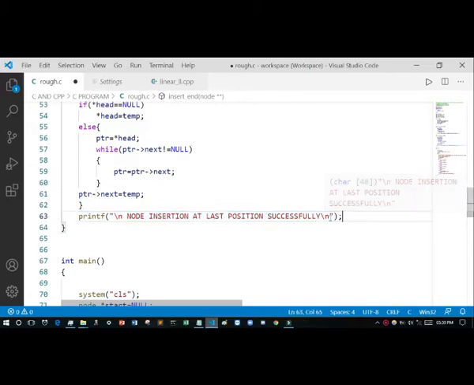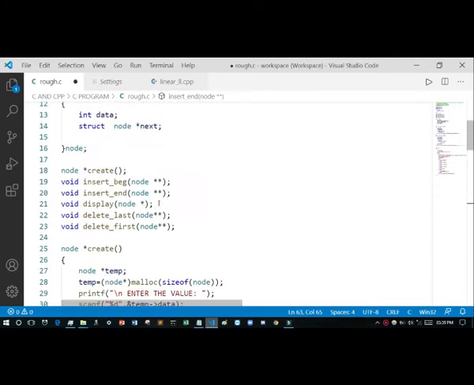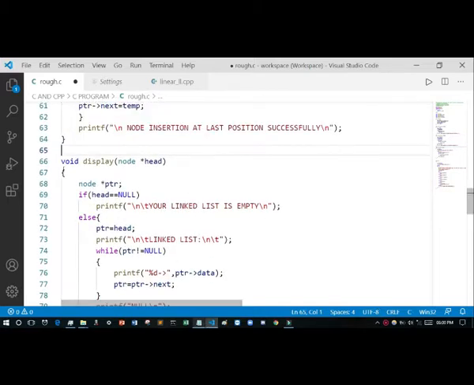Now I will create display. See, I have used display with return type void, and I have created this variable with data type node.